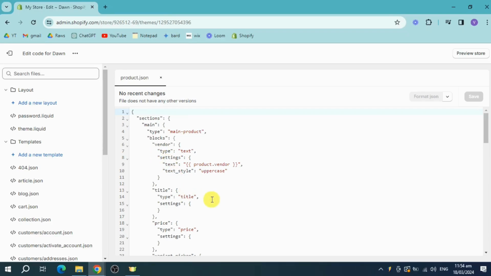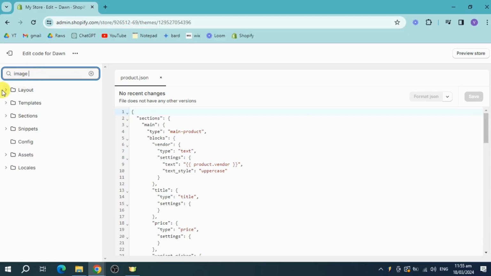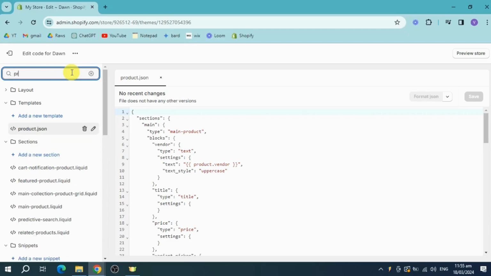In here, you just need to look for the actual product where you want to add something. For example, let's search in here for image banner. In here, you should be able to see a few more things, like the specific changes for this one, as well as some more descriptions. For example, you can look for the specific product page or specific page right here that you want